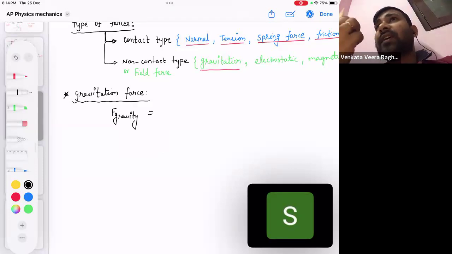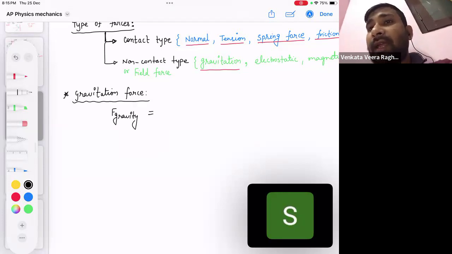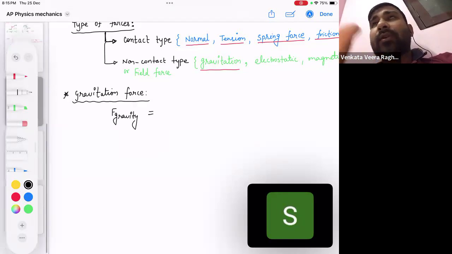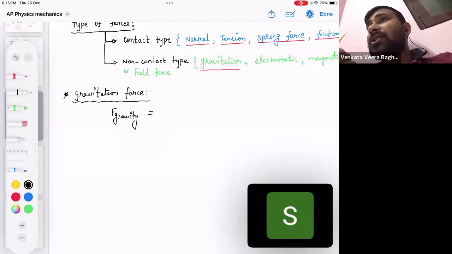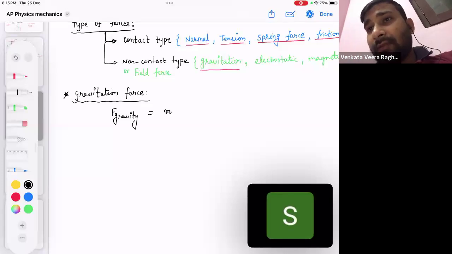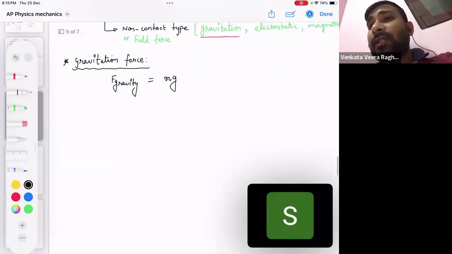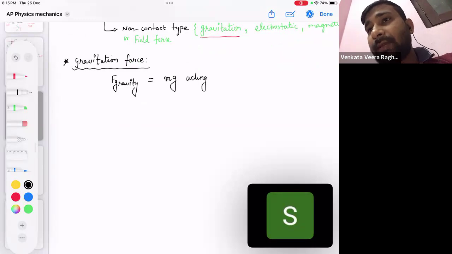So if any object is there of mass m and it is kept near to the earth's surface, keep in mind where? Near to the earth's surface. Whenever we discuss a block hanging with a string, that must be near to the earth's surface, isn't it? Or these are particles there. So in that case, what will be the gravitational force acting? If m is the mass of the object and g is the acceleration due to gravity, how much will be the gravitational force? It will be mg,